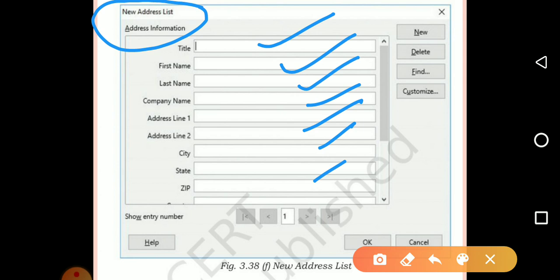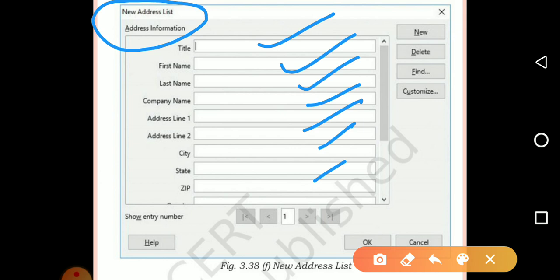You're going to create the data source here. The data source contains addresses only. So for addresses, what are the features required? Name, the location, the address, the city, state, pin code, all these are the requirements for the addresses. So those details you can give here and click on the OK button.